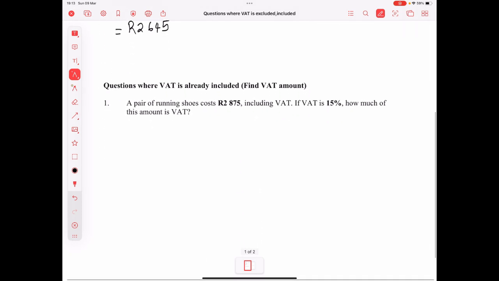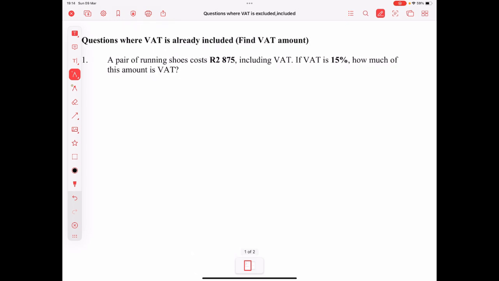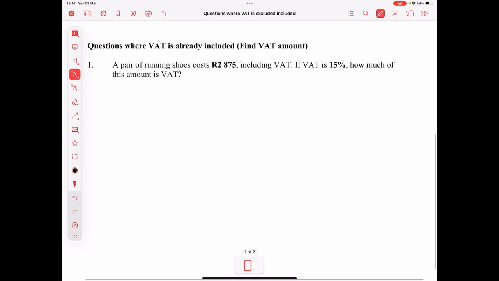Okay, let's go and look at the next one. Questions where VAT is already included. Okay, so you're finding the VAT amount. So I want you to remember, I'm going to call it P, so we don't know the price of the running shoes. So here it says a pair of running shoes costs 2,875, including VAT. You're going to focus on that word. If VAT is 15%, how much of this amount is VAT? You do not subtract. You're going to go, what is the price times 115%, remember, equal to